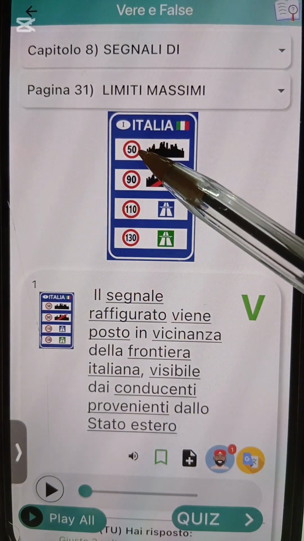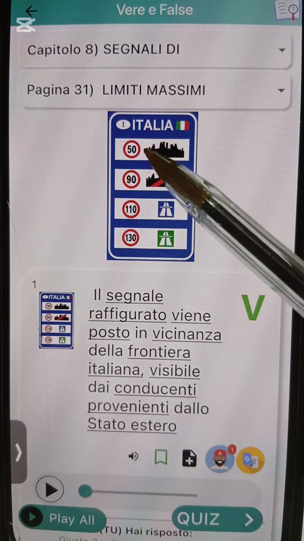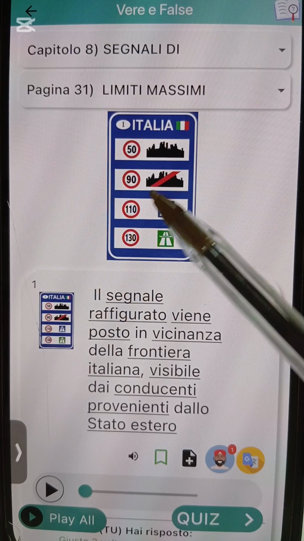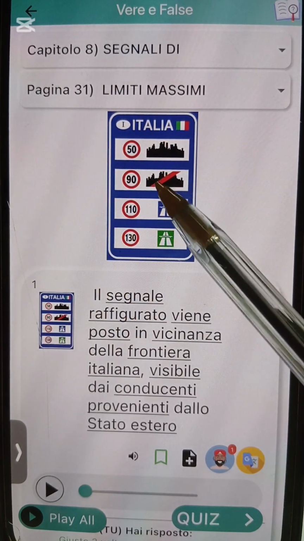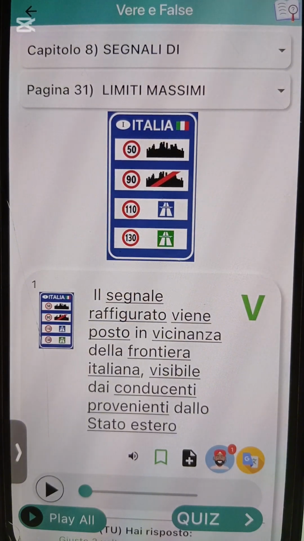But there are some cases where you can drive 70. They call it particular characteristic, but we will get there in the quiz. Let's just focus on this. It is 50. While the second one, tied with a red cloth, that one is strada extraurbana secondaria. Let's call it finished. Strada extraurbana what? Secondaria.